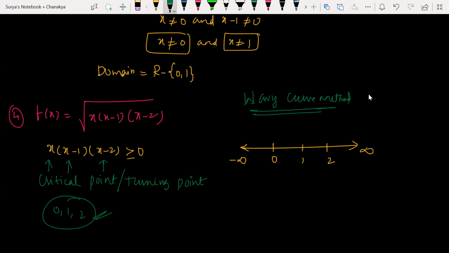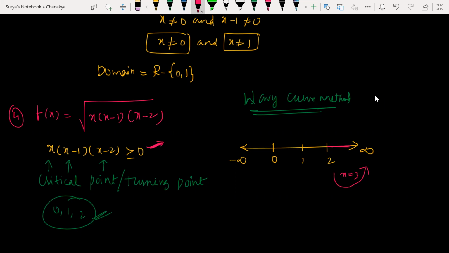If you solve logically, take any number between 2 and infinity. Look at this here, substitute here. Are you guys able to understand? Take any value between 2 and infinity. Let's say x is equal to 3. If I substitute 3 here, what are you getting? I don't want the exact value. You just need to check whether you are getting positive or negative.